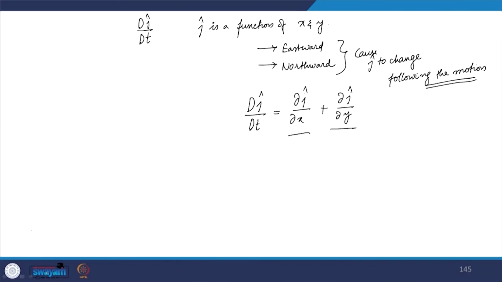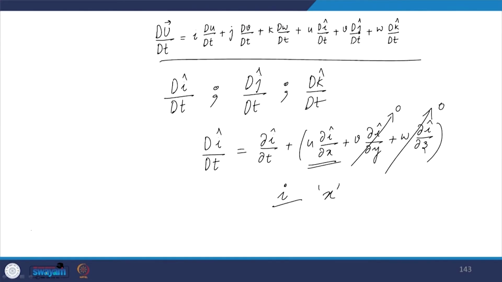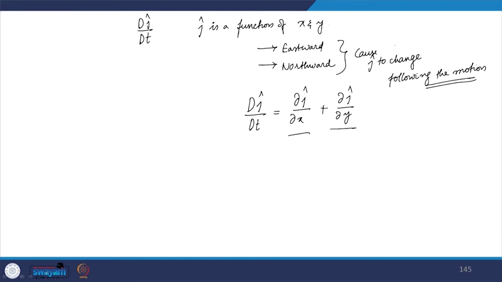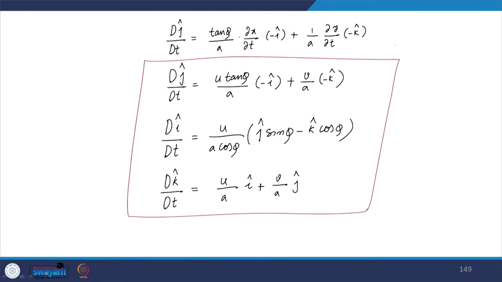So, if I substitute all the terms that I have just derived into this equation, this will of course remain like that, but these three terms are what we have derived right now. So, we will substitute those terms as well. Let us see how it will look. That means du,